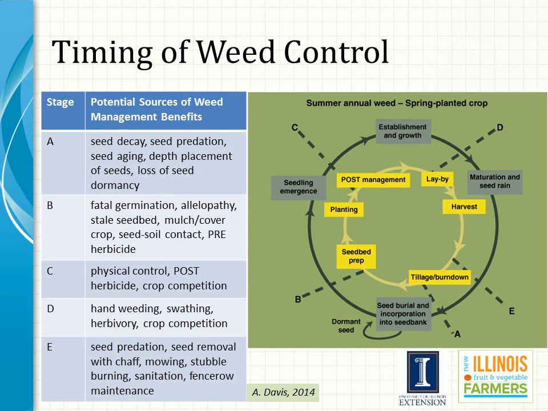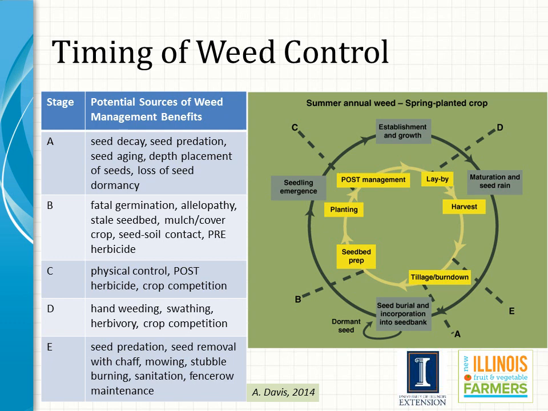Timing of weed control is very important. There's multiple times throughout the growing season which you can choose to manage weeds. In this illustration, the inner yellow circle represents the life cycle of a crop, and the outer green circle represents the life cycle of a weed. And then the green dashed lines with the associated letters represent a different point in time which you can manage